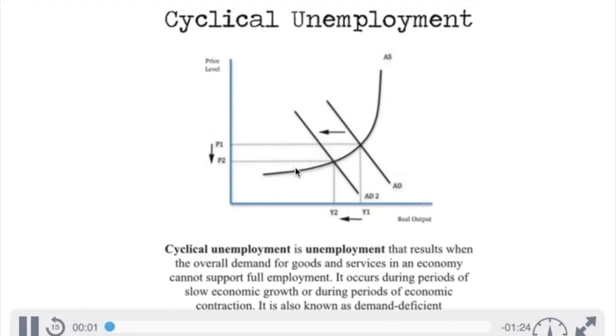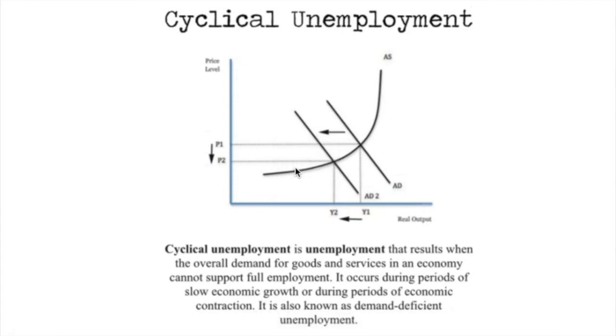So this video is based on the macroeconomic objective of full employment, and it's looking at one specific type of unemployment, which is cyclical unemployment. So the diagram illustrates what cyclical unemployment relates to. And as we can see, there's been a shift in aggregate demand to the left, meaning that there's been a fall in real national output. And because there's been a fall in national output and a fall in aggregate demand, there's less need for